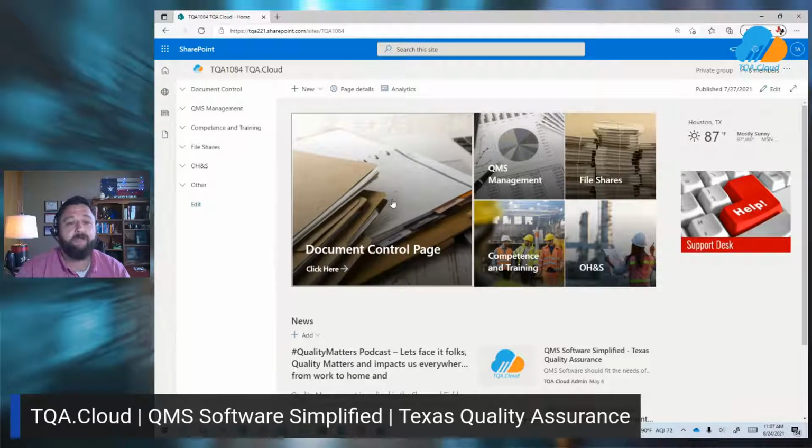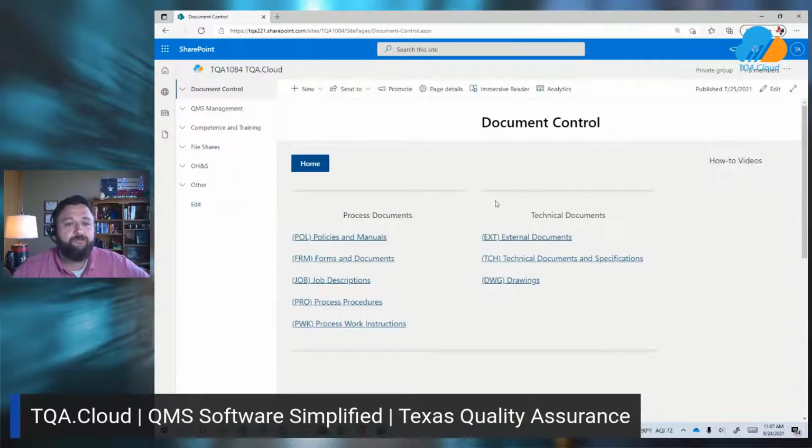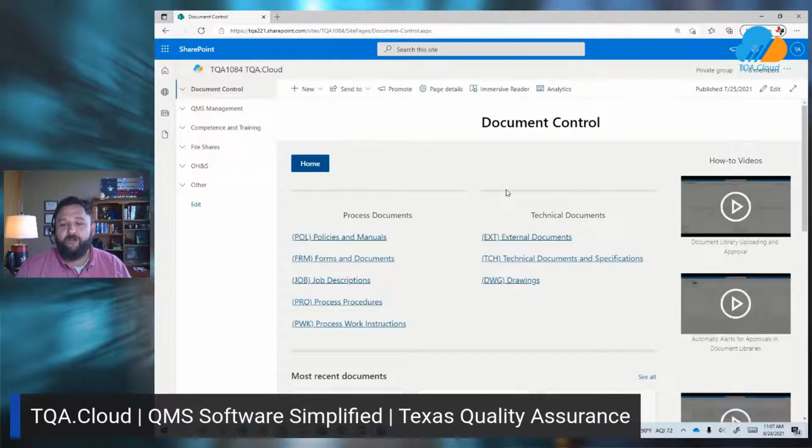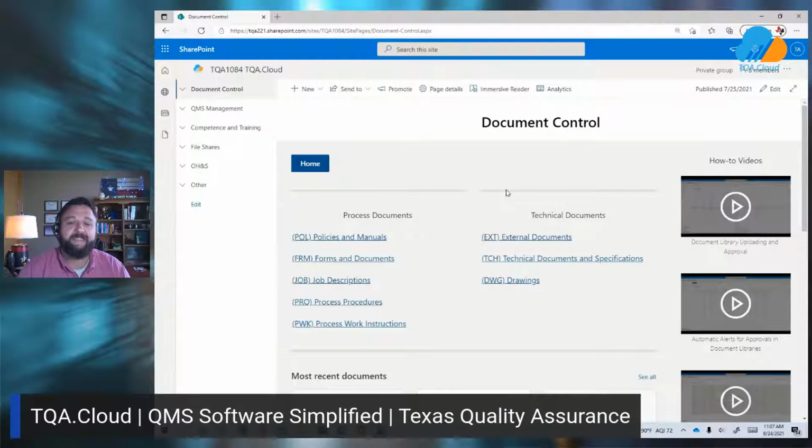So let's take a look at our document control page. So document control, look, as we all know, working in the quality management world is where everything begins. You know, if you don't have it documented, you're going to have a real hard time showing proper compliance. So what we've done here is we have separated our document control into two different categories. So we're going to take a look at what we call our process documents. Then we're going to take a look at what we call our technical documents. And what happens here is we actually secure these differently. So our process documents are secured with one level of security, whereas the technical documents are secured with another.